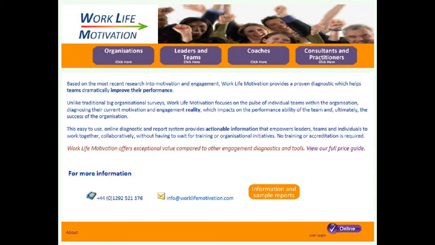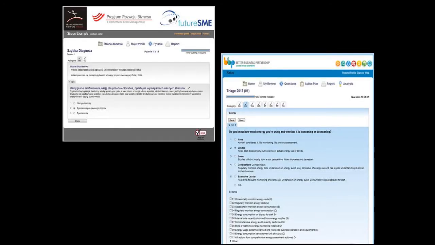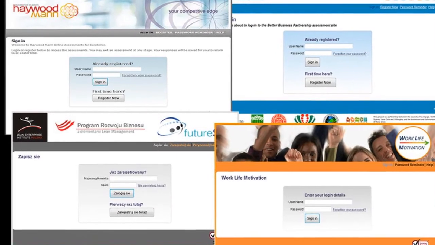AQL Online is a web-based system you can quickly customize to your needs. It incorporates sophisticated analysis and reporting at the individual, group and organisation levels. If you have an existing set of questions and a clear structure, you can incorporate it into AQL in minutes. If you have the idea but are less clear on the questions and structure, we can help tailor a solution to meet your requirements. Whatever the language or area of expertise, AQL Online will work for you.